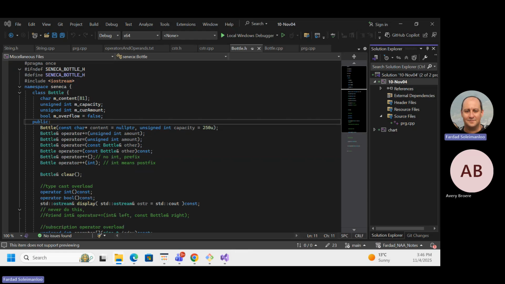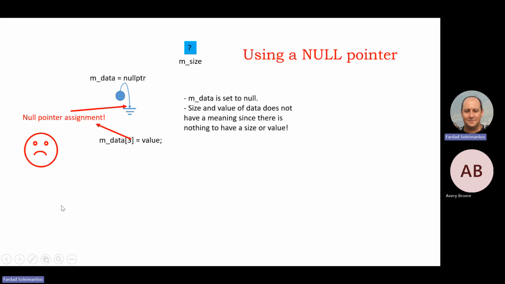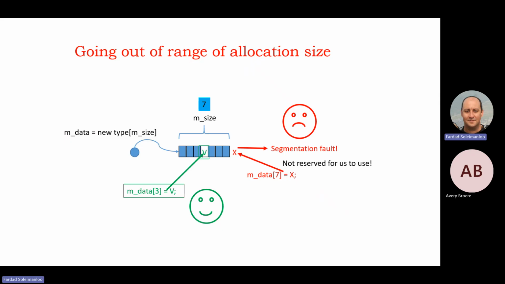We talked about dynamic memory allocation, and we said dynamic memory allocation requires serious precautions, which means when you have a pointer, that pointer must be initialized and used properly. If you just create a pointer and use it, you're going to go to some address that doesn't belong to you. You have to always keep the pointers as null. You have to make sure that you are not going out of the range. You always stay within the boundaries of your dynamic memory allocation.